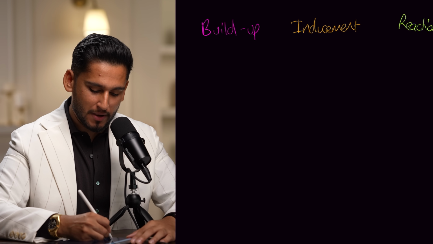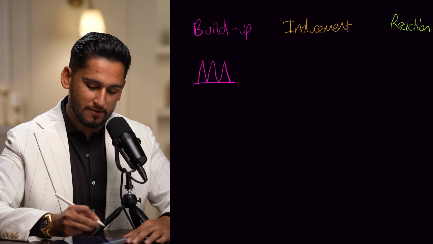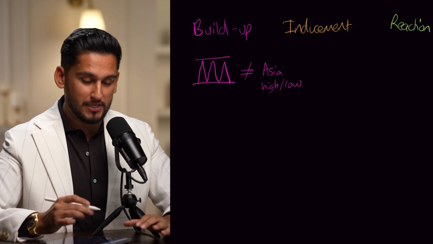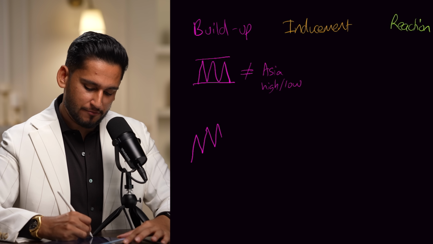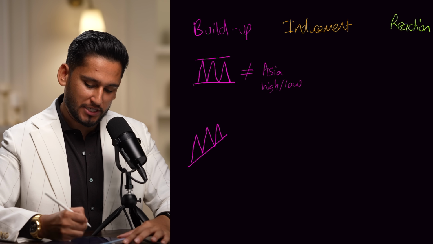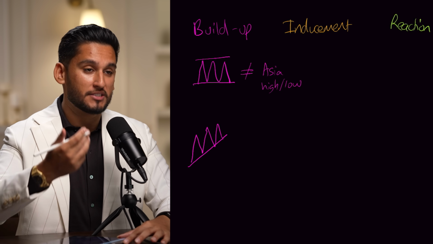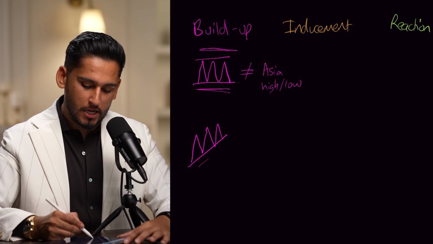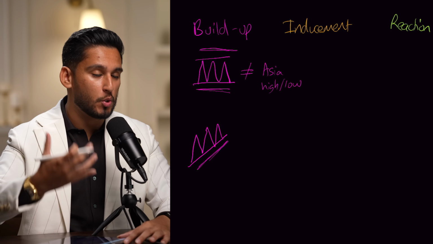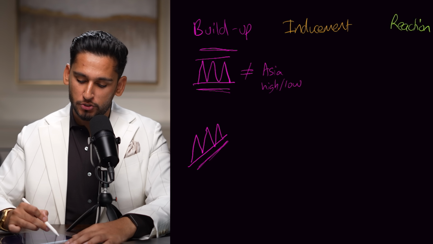So therefore, when we connect everything together, the build-ups will have a few types. You might have a build-up of a range where you have equal lows and equal highs. There's going to also be Asia high or Asia low. You can also have a trend line build-up where you have a very obvious level of trend, which can build up liquidity, because we know these are predictable stop loss areas below the support level, above the resistance level. Around this trend line, there's always going to be liquidity because there's stop losses, but also you're going to have